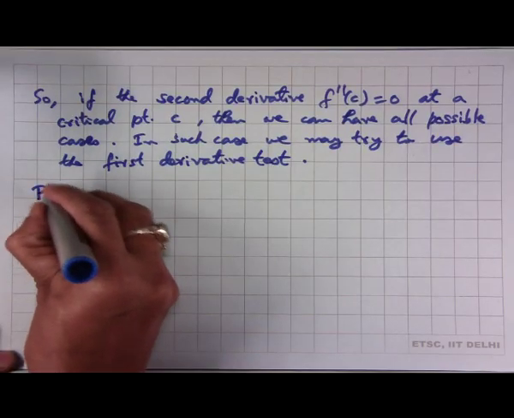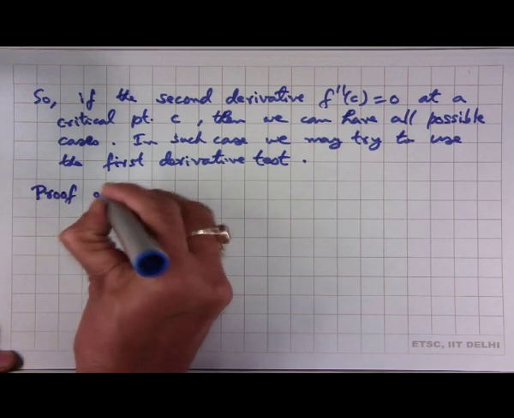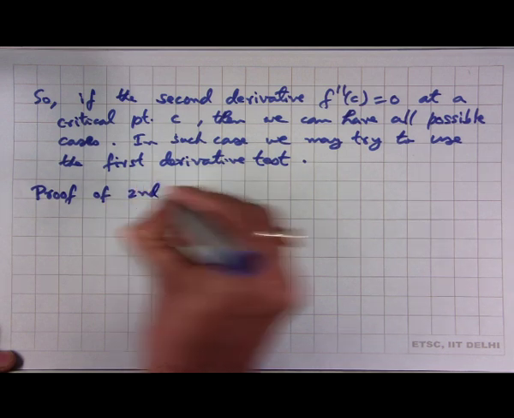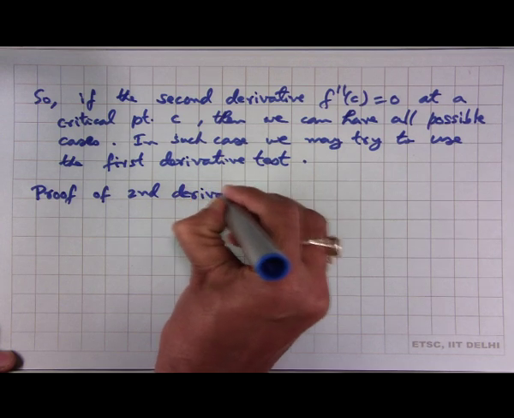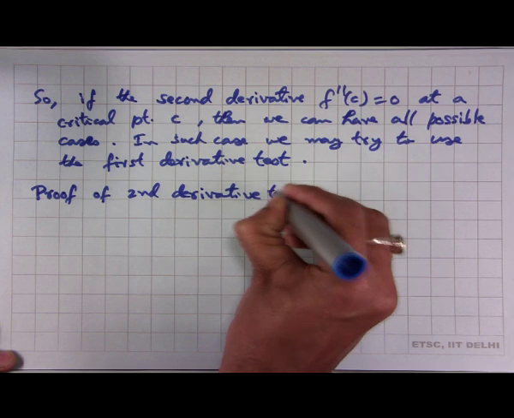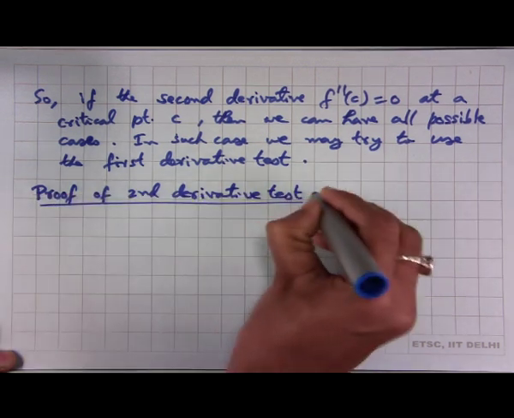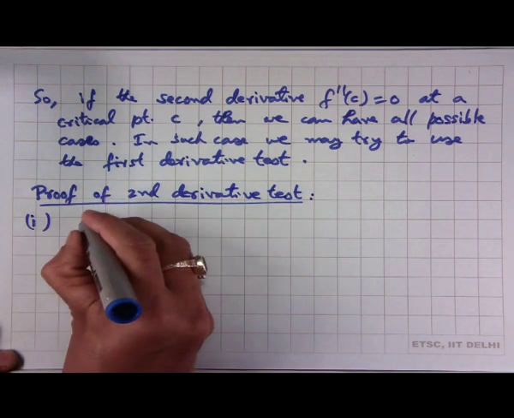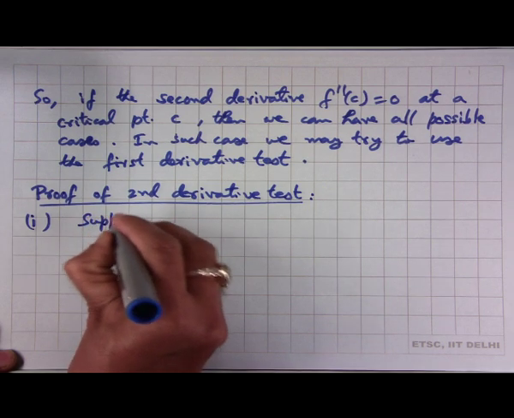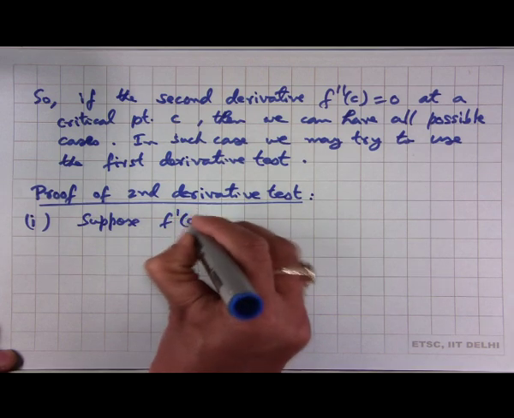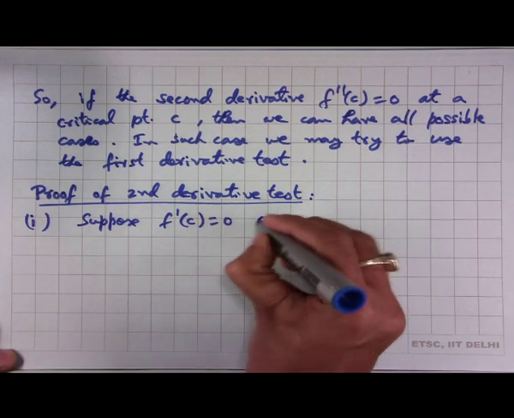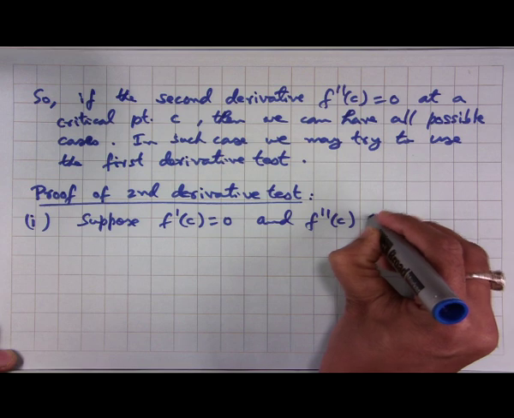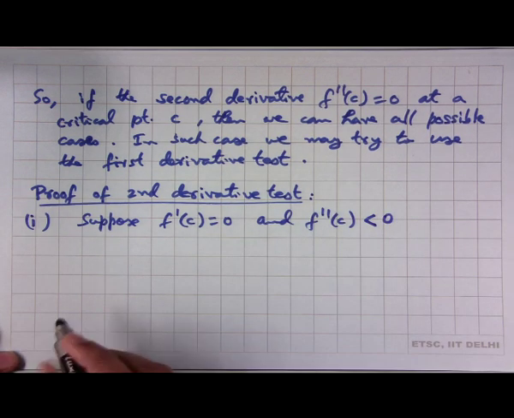Now, let us look at the proof of the second derivative test. So, the first case is: suppose f prime c is 0 and the second derivative at c is less than 0. We want to prove that